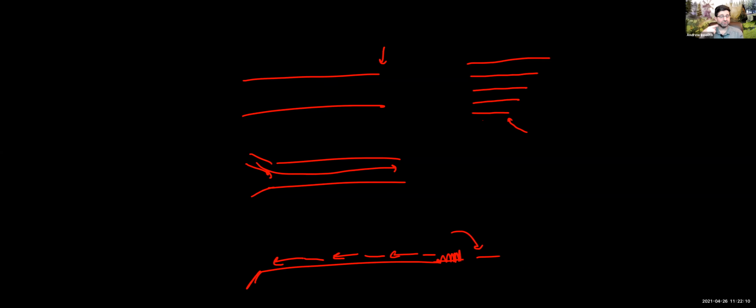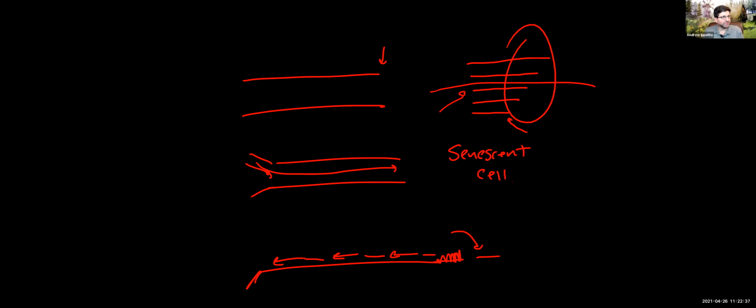To get around that, cells have a sensing network. They have the ability to sense this. Once a telomere gets to a certain critical length, whatever that length is, the cell will stop growing no matter what. It will refuse to listen to commands. It will refuse to respond to growth factors. Those are called senescent cells. A senescent cell is a cell that will not go.